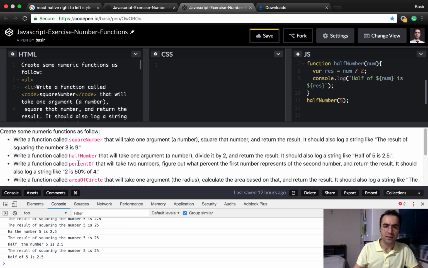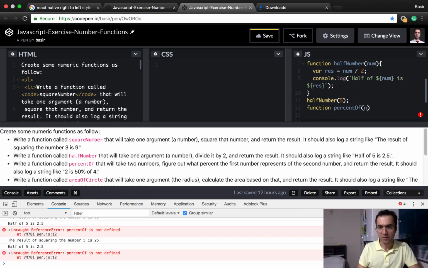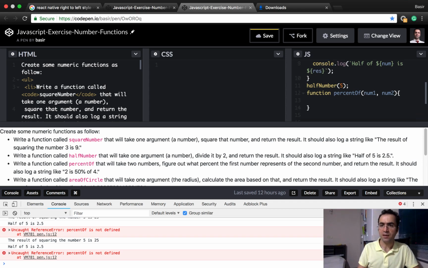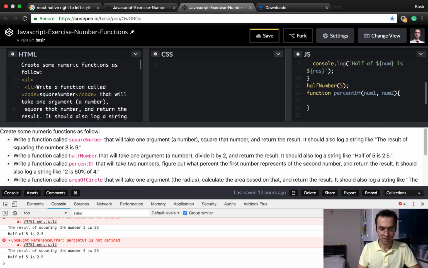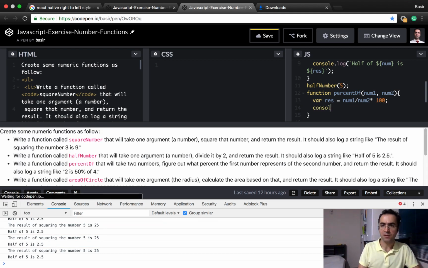Let's go for the third part, which is percentOf. We want to define a function which figures out what percentage the first number represents of the second number. Very good. Let's define the percentOf function, which takes two numbers, num1 and num2, and inside this function we create a res variable to get the result of num1 divided by num2 multiplied by 100, then console.log